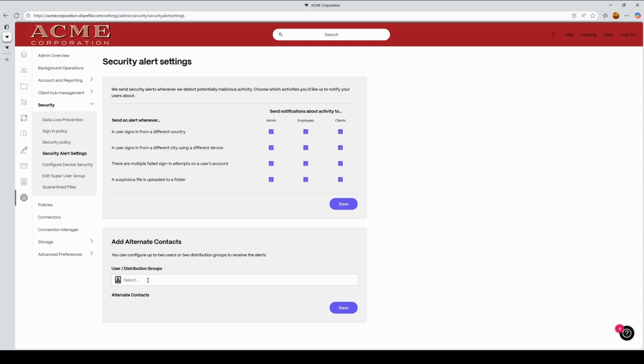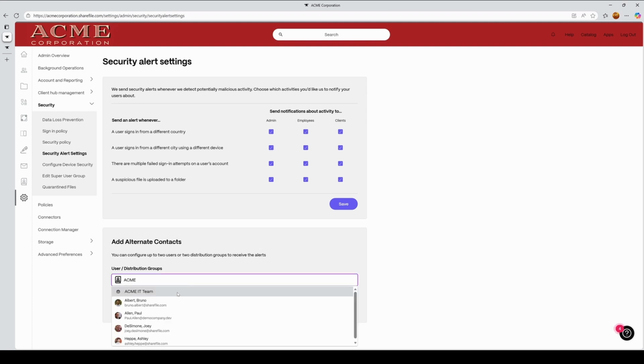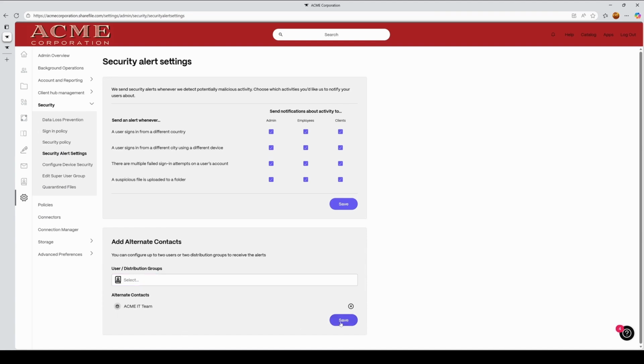We can also, instead of just notifying the account owner as the main administrator on the account, add alternate security contacts, up to 2 individual users or 2 distribution groups, to receive the alerts. So in this case, I've got a distribution group for my IT team. I'm going to set them up as an alternate security contact so that any alert that